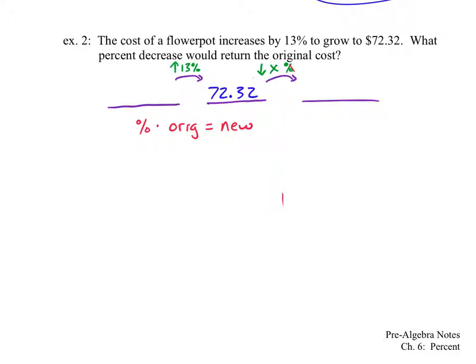Okay, so if we put in our numbers, the $72.32 is going to go in for the new, because that's after my percent change. And when I go up by 13%, because it's a percent increase, that's 100% plus my 13%, which gives me 113%. But if I'm going to put that into my percent problem, I have